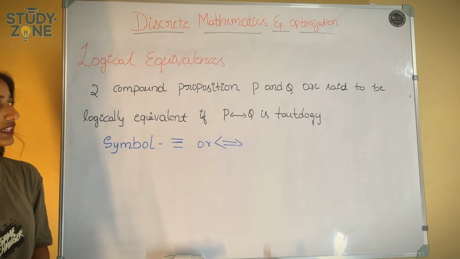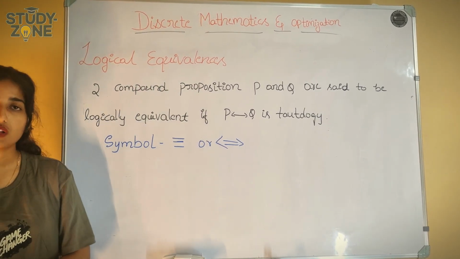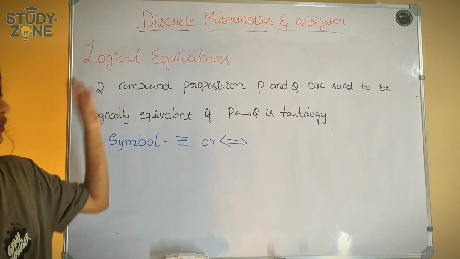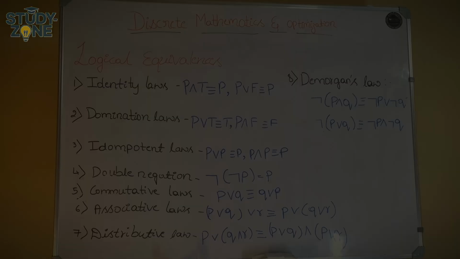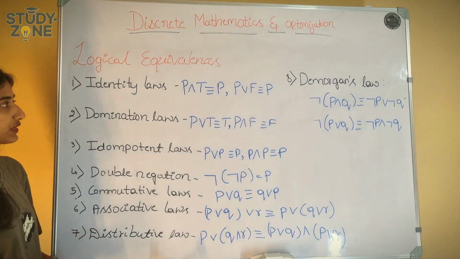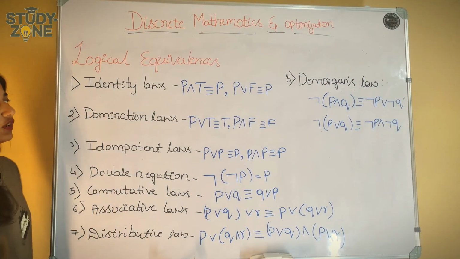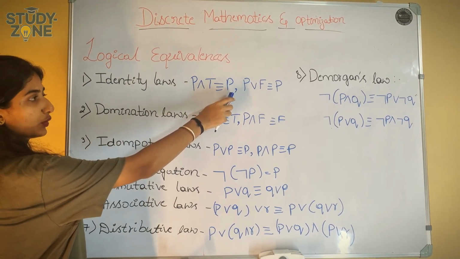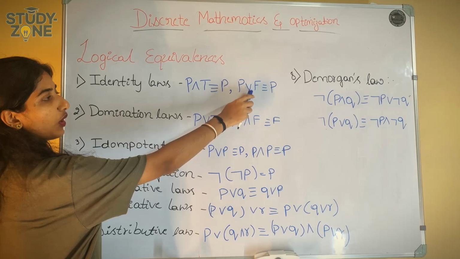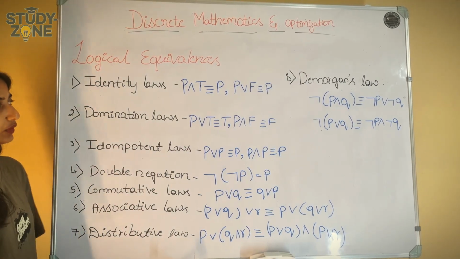So there are some basic logical equivalences, which means laws, so you must understand them to solve the logical equivalence problems. So let us go through the laws one by one. And the first law is identity laws. In identity laws, P and true is logically equivalent to P, and P or false is logically equivalent to P,